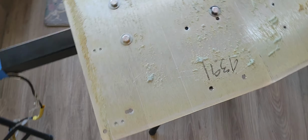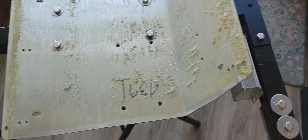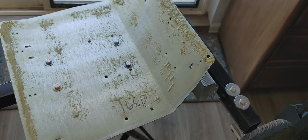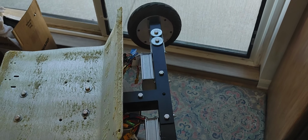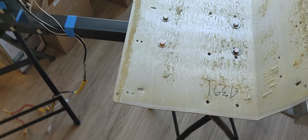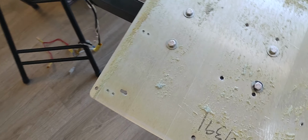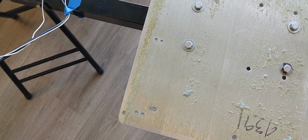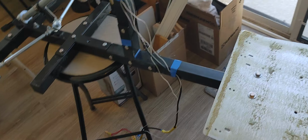Because I do have more of this stuff right here from this wheelchair that my neighbor gave me. So, repurposing stuff like that. I really enjoy repurposing things, especially when you're putting things to projects like this to good use. You're not wasting materials, you're not throwing it away, keeps it away from the landfills, and you're doing something useful and fun. So I think I'm going to do that. So once again,